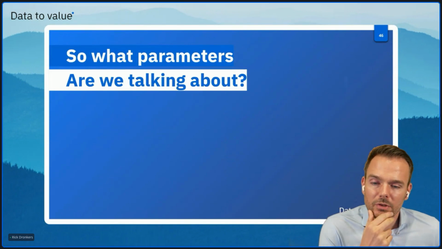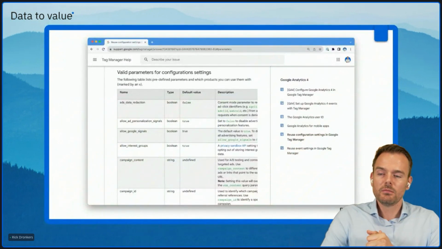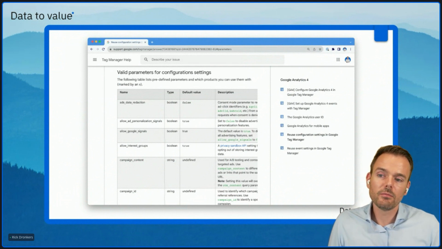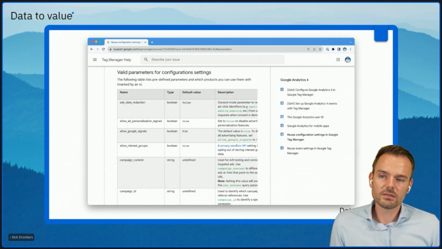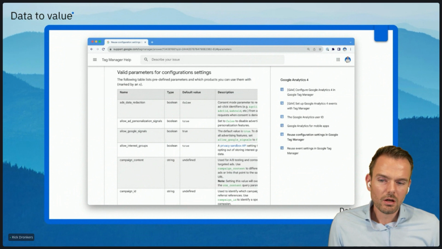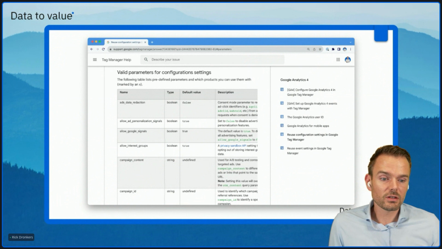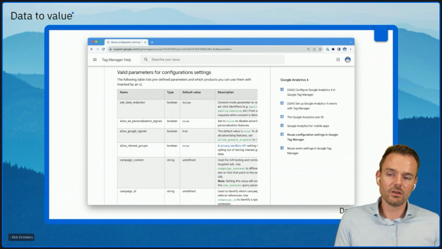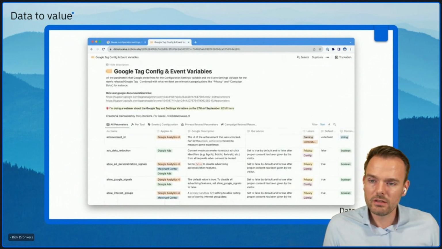So what parameters are we talking about exactly? You might have seen me post about this. This is the documentation by Google, where it lists the valid parameters for configuration settings and for event settings. But the problem is this table is cut off. So first of all, it's hard to read. And also it's not complete. If you compare it to what Google Tag Manager shows you, if you start typing in those fields, there's actually more of them than are listed in here. So I decided to make a Notion page,